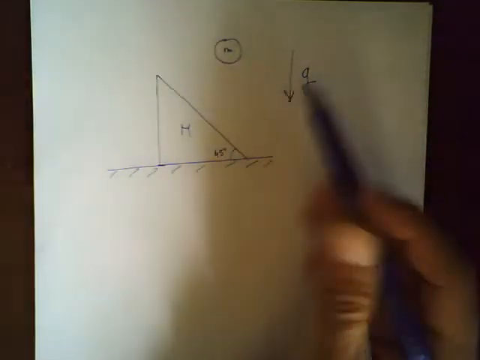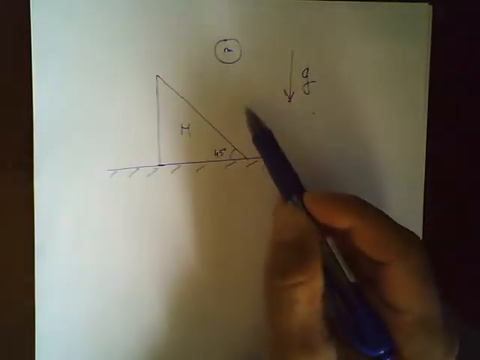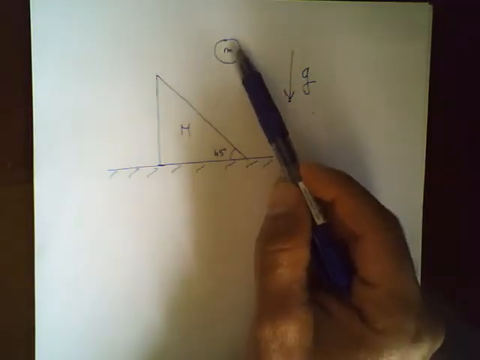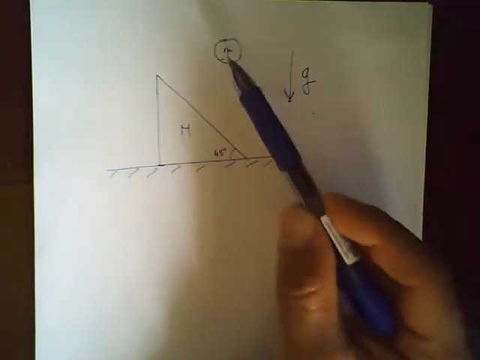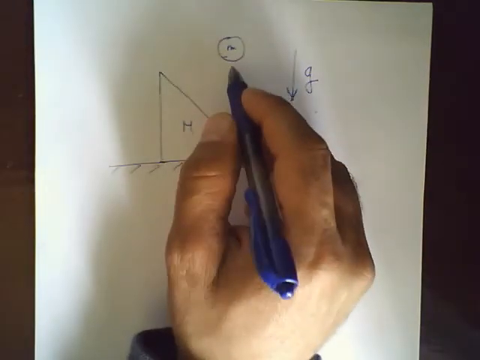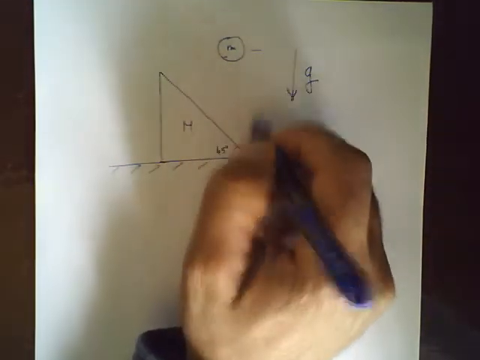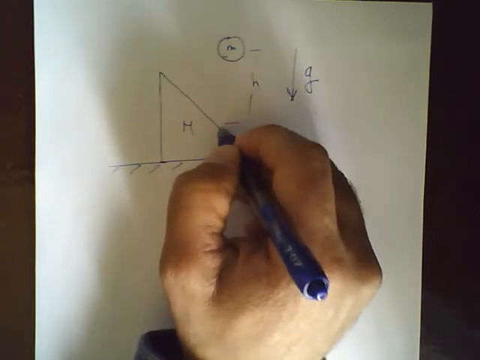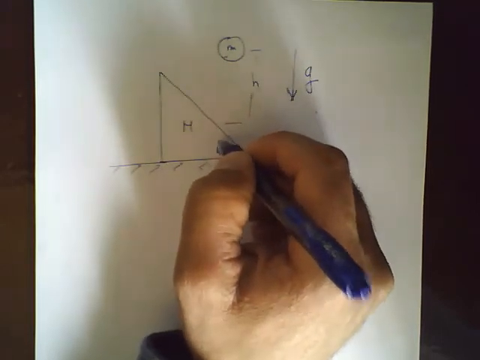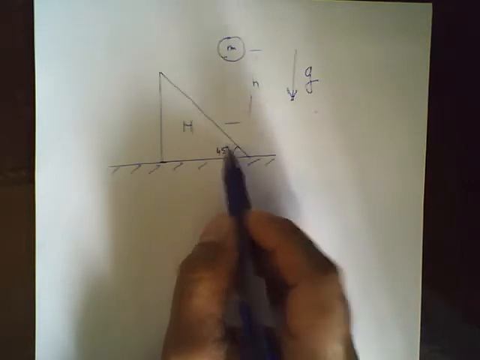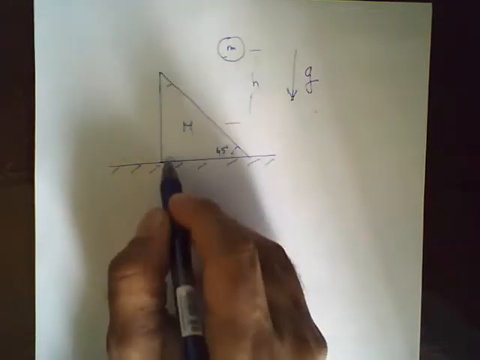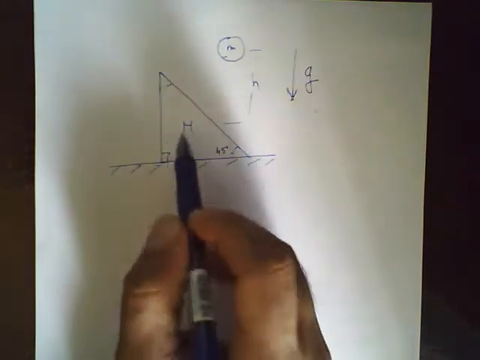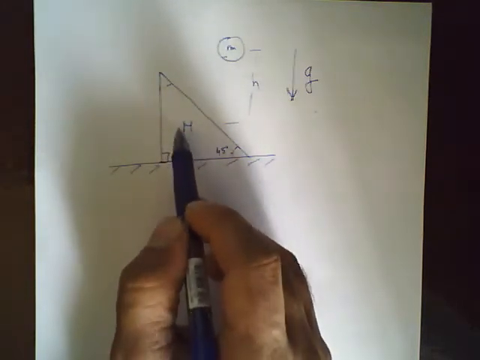Okay, guys, in one of your homework assignments, there's a problem like this. Basically, you have a small mass, or a ball, with mass m that is released from a height h and falls on this object, the ramp, which has a 45-degree angle, and this other angle is also 45, and this one is 90. I would like to find the velocity of the ramp after the